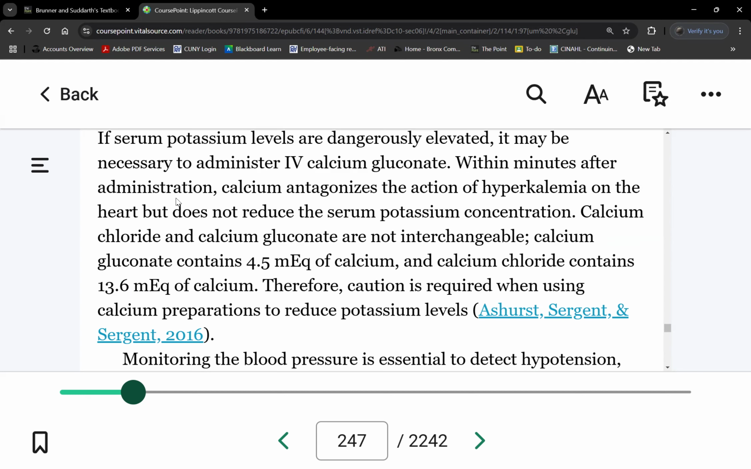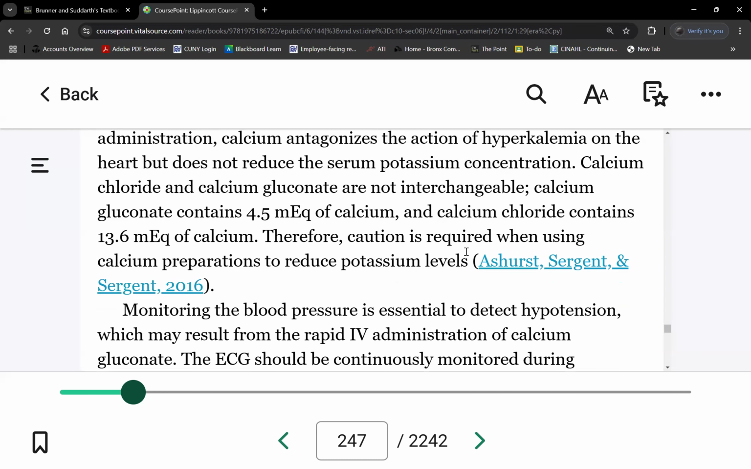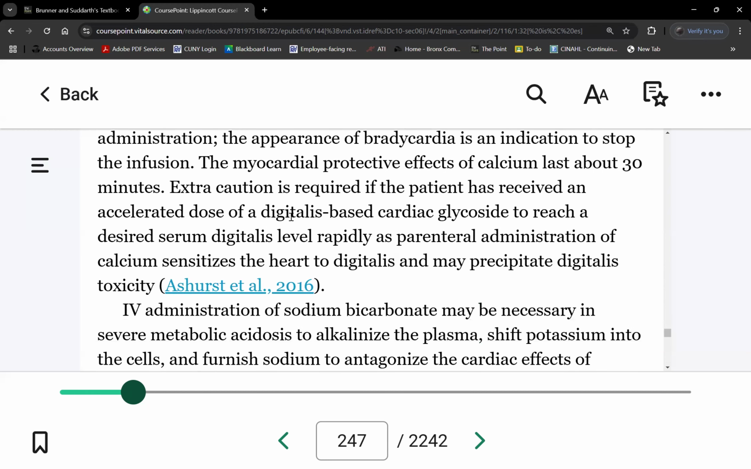Now, you won't see one order though. If it's severe, you'll see multiple orders. Sometimes you'll see all four. Okay, but mostly we get 3 out of the 4. So one order we'll see is calcium gluconate or calcium chloride. Okay, we'll give that IV. Next is, that's calcium gluconate. Next is